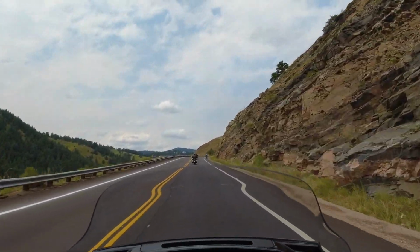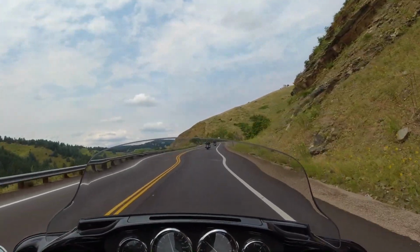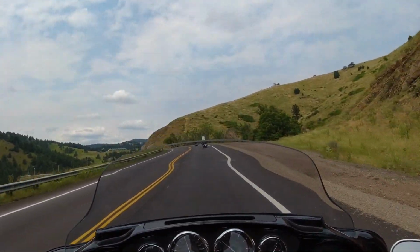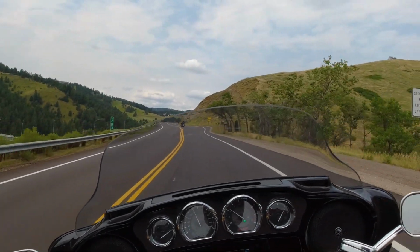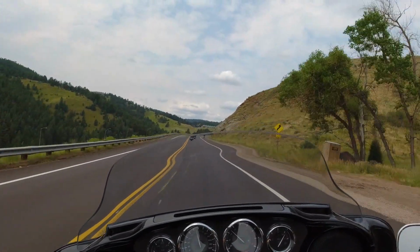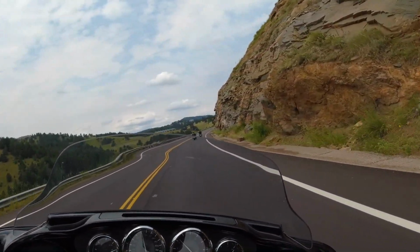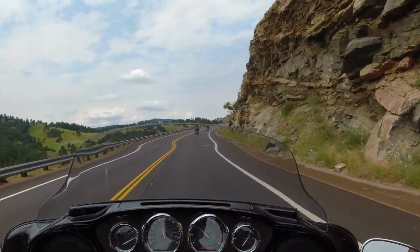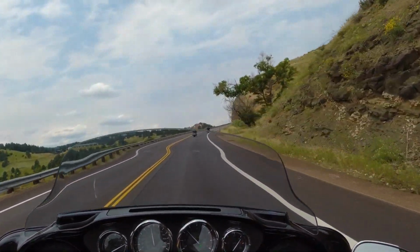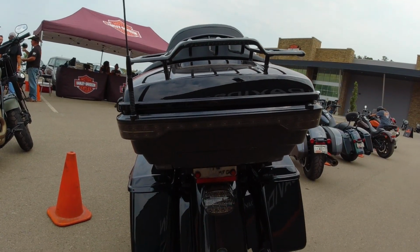And as far as the Limiteds in general, looking at this one and the last one, the CVO and the non-CVO, I'd say they're pretty much the best suspension that I've ever seen on pretty much any bike. I would dare to say that the Limiteds are probably better than the Gold Wings. I would say for sure. I mean, if you're looking for a bike on the road,